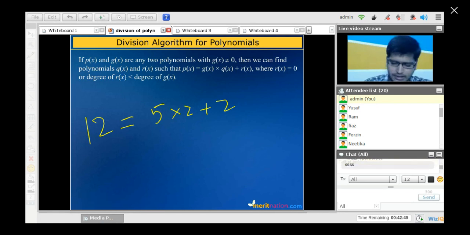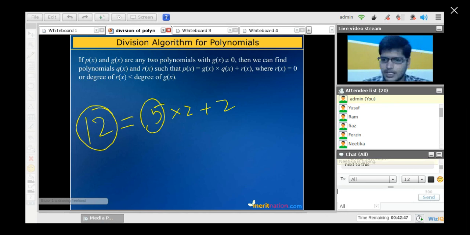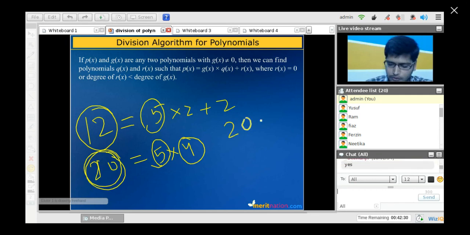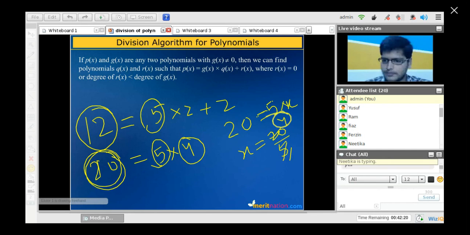When this is the case, can I say that 5 is a factor of 12? No, right? If I say 20 is equal to 5 into 4, now I can say that 5 is a factor of 20 or 4 is a factor of 20. And if I know 20 is equal to 5 into x, I can write that x is equal to 20 by 5, and it is nothing but 4. So if I know one factor, I can find out the other factor. In the same way,